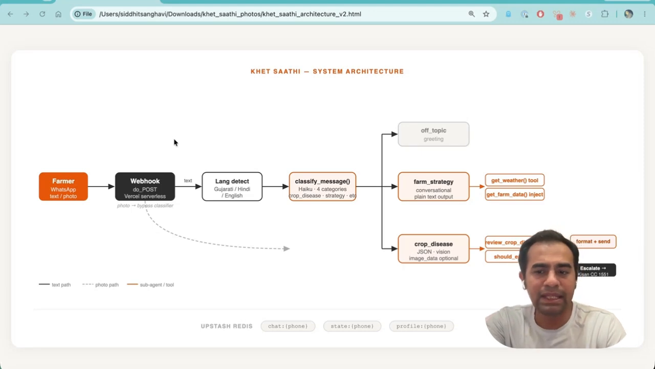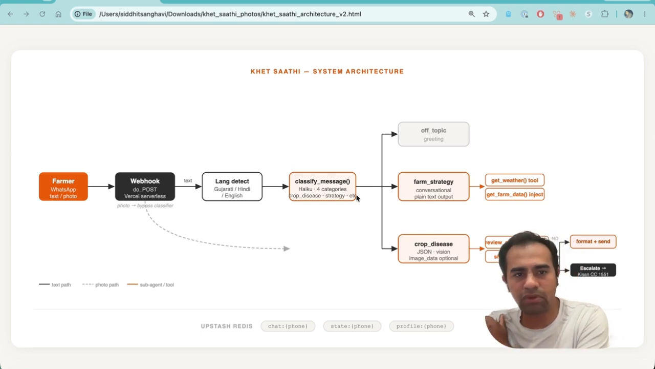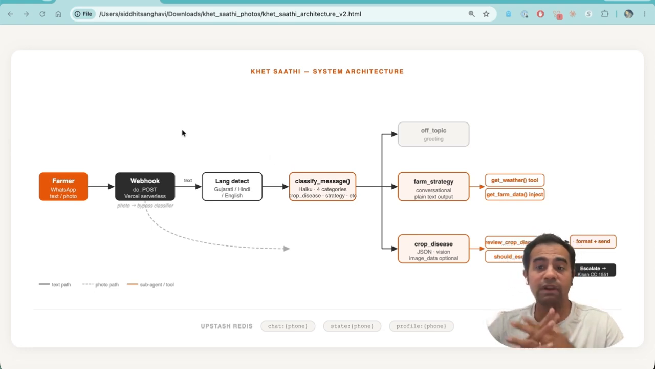And then before any disease advice goes out, we have the review crop diagnosis independent agent that reviews it. And then the escalation function is actually going to decide if we need to have a real person speaking to the farmer for something. Otherwise, the advice might make it